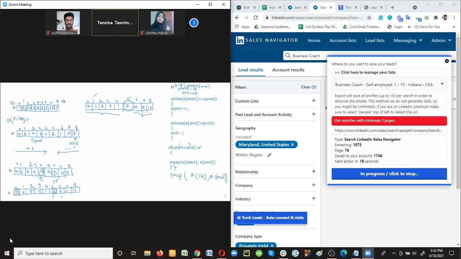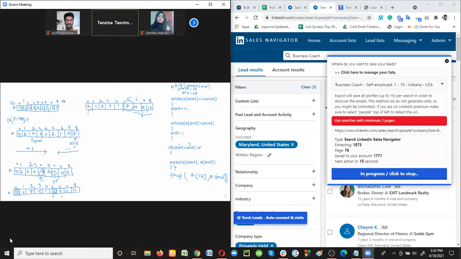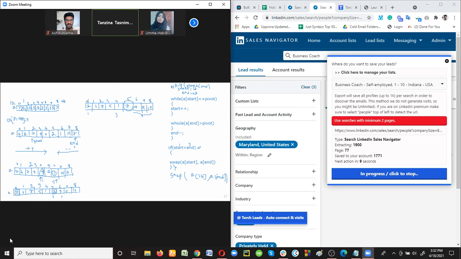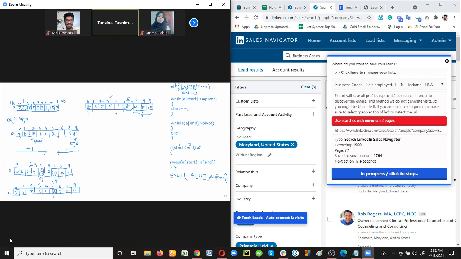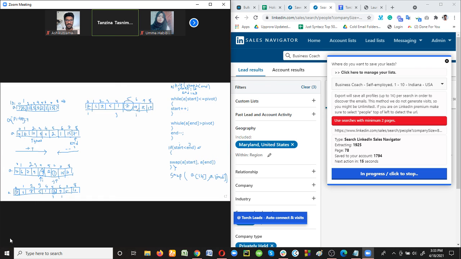Okay, so now we can set 2 pointers. One is i, that is start. Another is j, that is end. So start equals lower bound and end equals upper bound. Now we're working on this subarray. For this subarray, the lower bound is 0 and the upper bound is 4, and this 2 is the pivot element. For the right subarray, the lower bound is 6, so here we set the pointer start or i equals 6, because i equals lower bound, and then end or j equals upper bound, and this 9 is the pivot element.